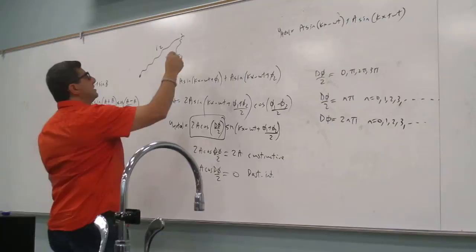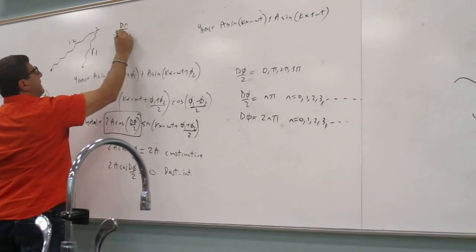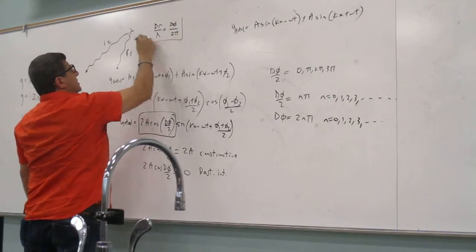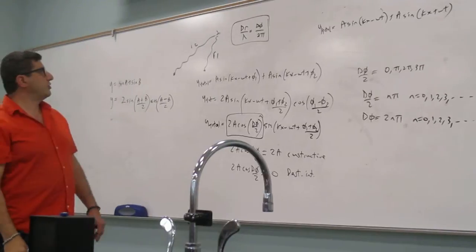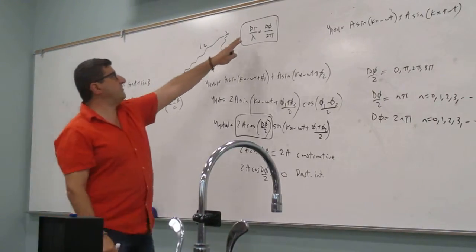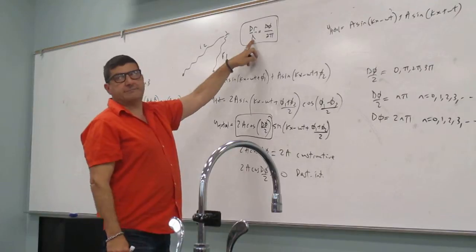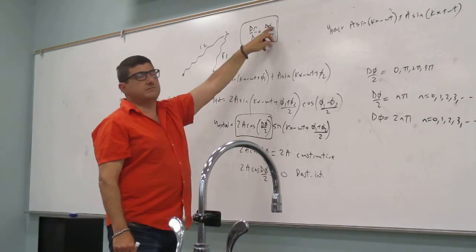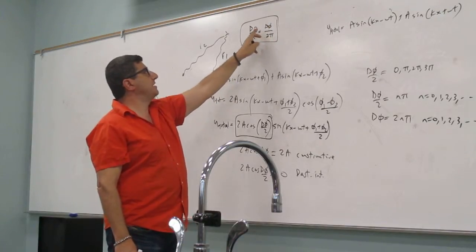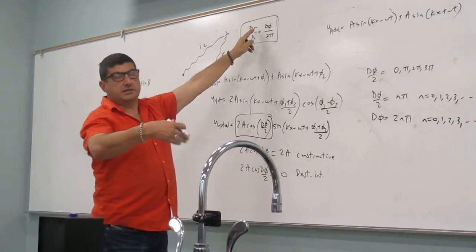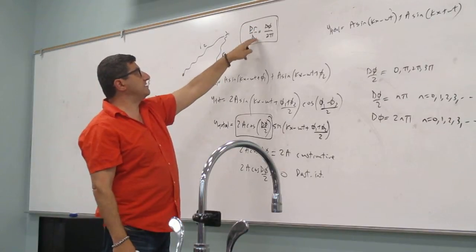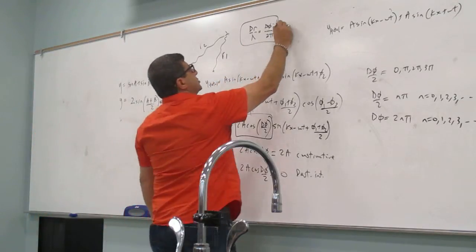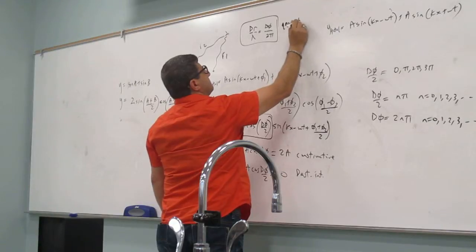So then we did delta R over lambda is delta phi over 2 pi, and we said that's a general relationship. So if the distance between them is off by a certain distance, we divide that by the wavelength of the wave. That causes their phase angle to be off by a certain radians over 2 pi. So in other words, if delta R is multiples of wavelength, then delta phi will be integer n multiples of 2 pi. So this is a general relationship